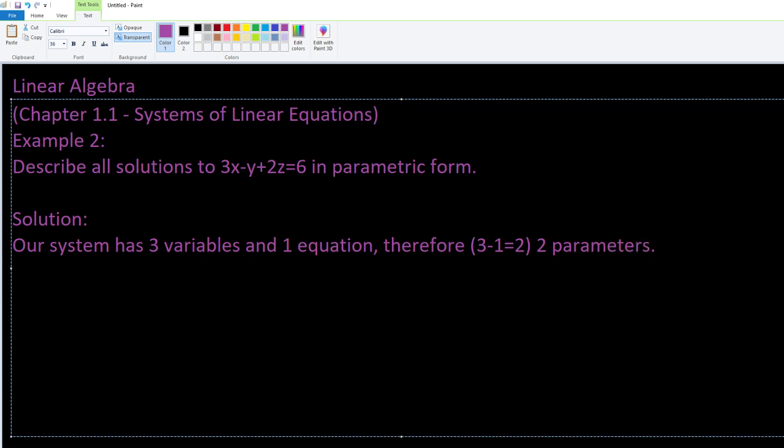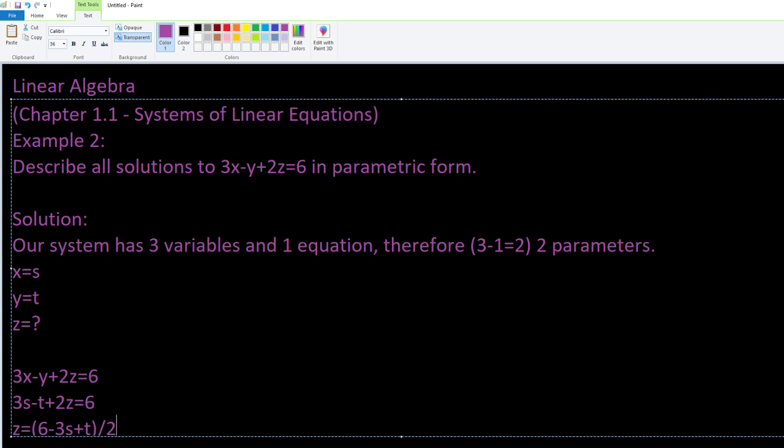So to solve for this, let's just say x equals s, y equals t, and then to find z, we do 3x minus y plus 2z equals 6, and you plug the parameters in. So 3s minus t plus 2z equals 6, and you get 2z equals 6 minus 3s plus t